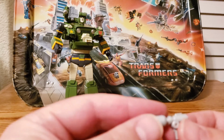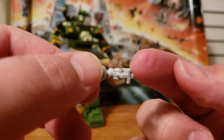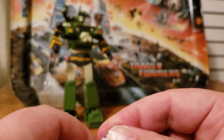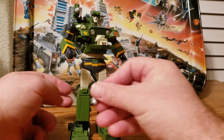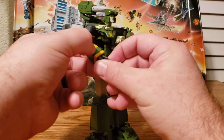And I realized I did not show his weapon. This is his handheld weapon. It slots in like any other Masterpiece. It actually comes apart like that and then stores in the panels in his legs and here. You have to take each piece apart, so it's not as cool as just being able to pull the gun out. And that fits in his hand very nicely,